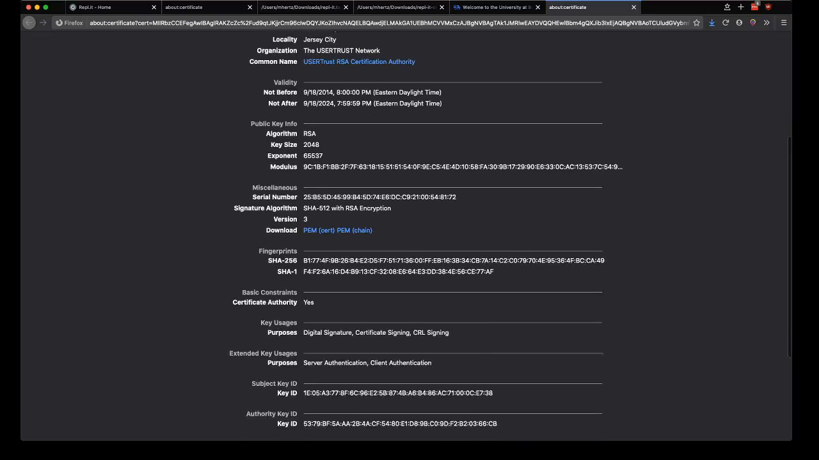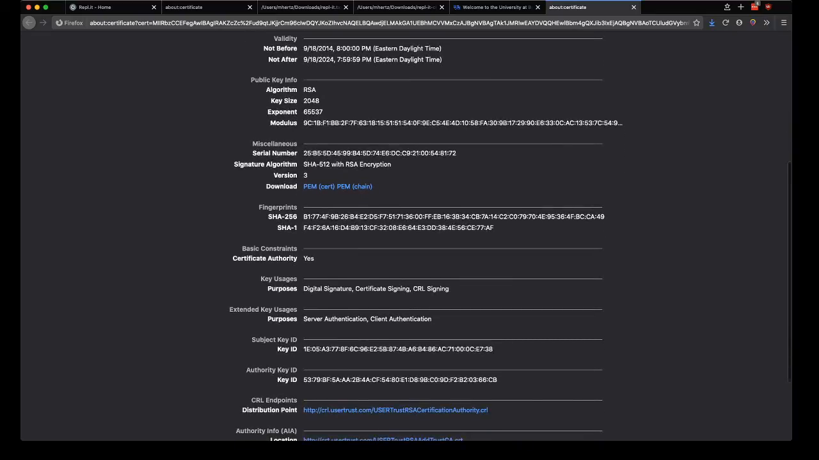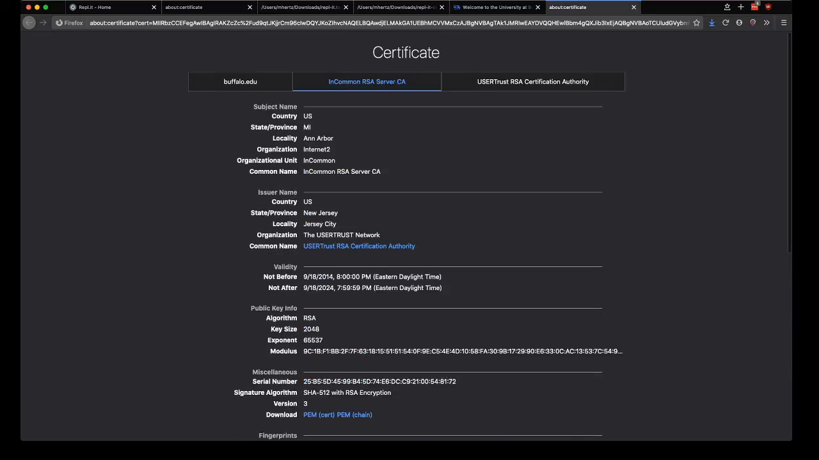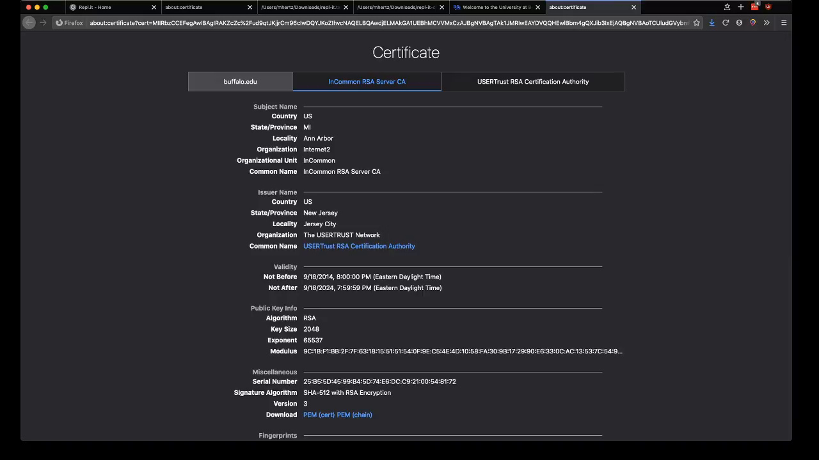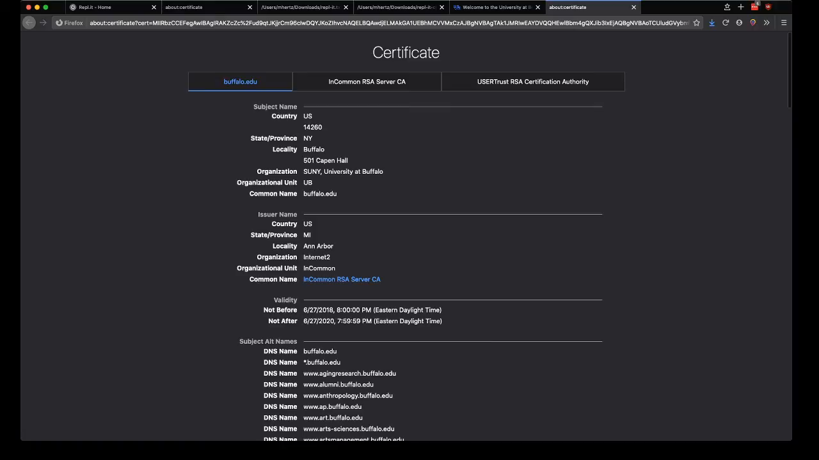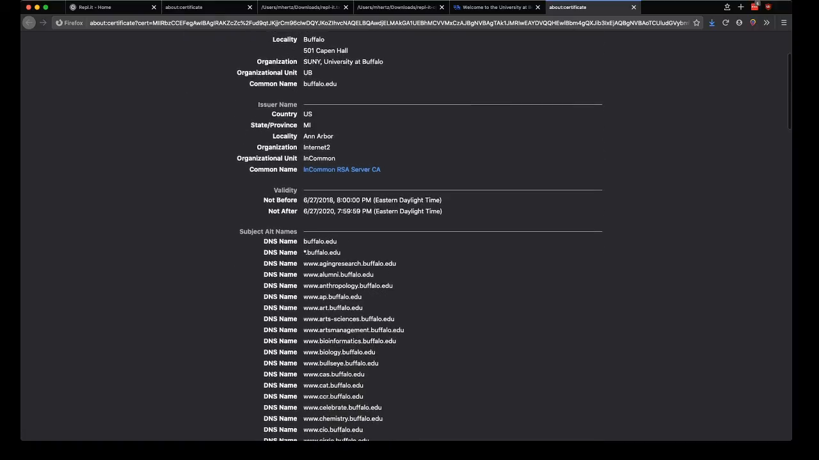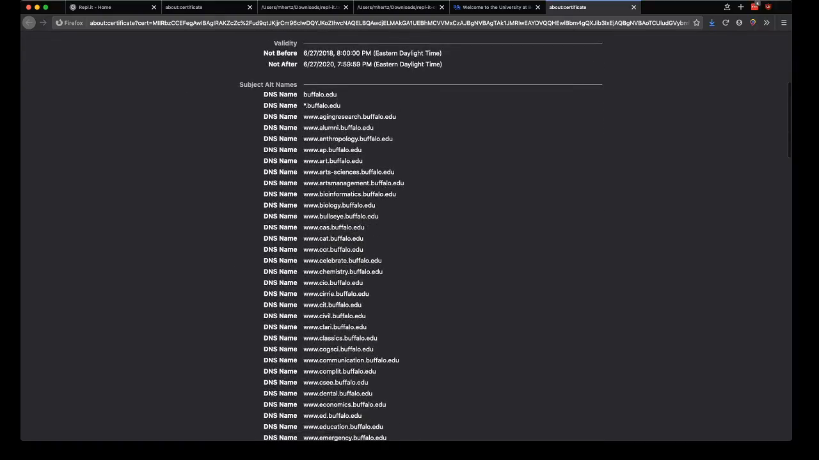And this is a certificate authority. So this is actually the central certificate authority that would also have someone signing it just to keep that trust going on. And this is one for the internet too. So a fancy one. And you can see that this certificate is usable by buffalo.edu,